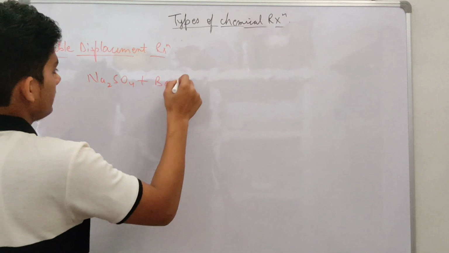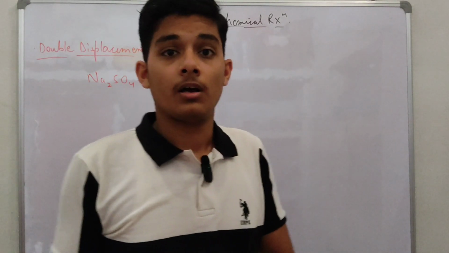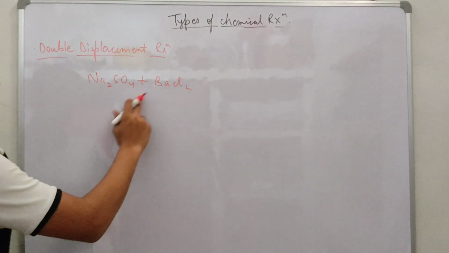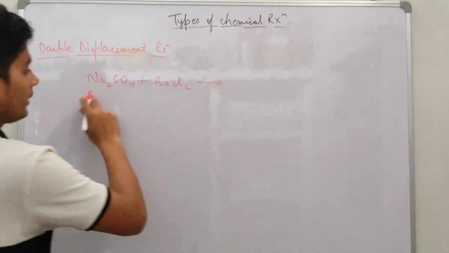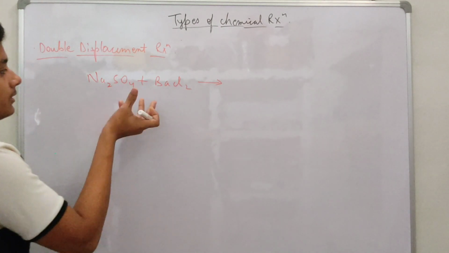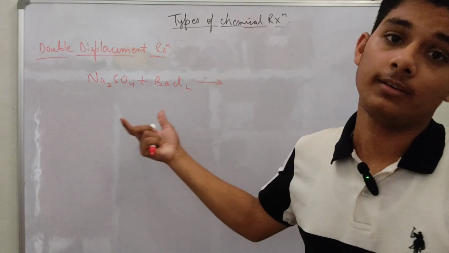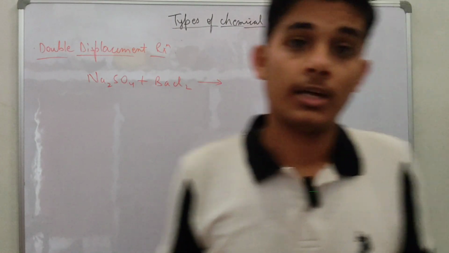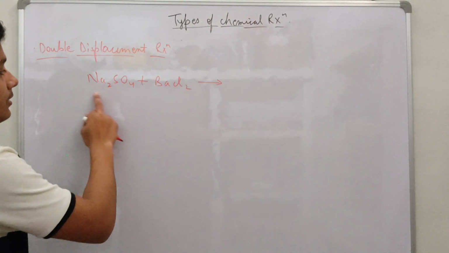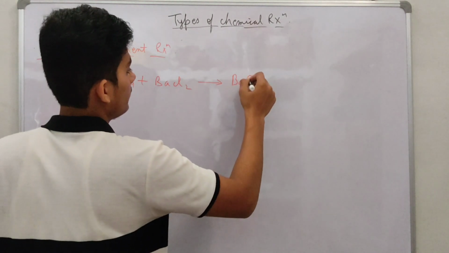plus BaCl2. So in the displacement reaction we saw that we were reacting a metal with another metal salt solution, but here both are metal salt solutions. We are reacting both metal salt solutions, and you can see that both salt solutions interchange their metals. This Ba displaces Na2 from this Na2SO4 solution. So what happens here? Here BaSO4